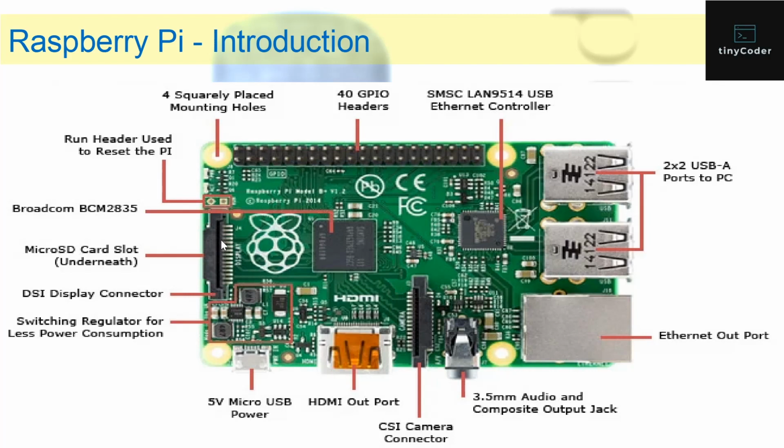The micro SD card is actually the most important thing in your Raspberry Pi, because all your RAM, all your memory, and all your operating system depend on your micro SD card. Here it has a switching regulator, so it consumes less power. It also has a lot of computer-like features, like 2 USB ports, an Ethernet output, a composite output jack, a camera connector, an HDMI output, and a 5 volts micro USB power, which is kind of like the charger that we have. And here there's 40 GPIO headers, so we're going to discuss more about that in our next